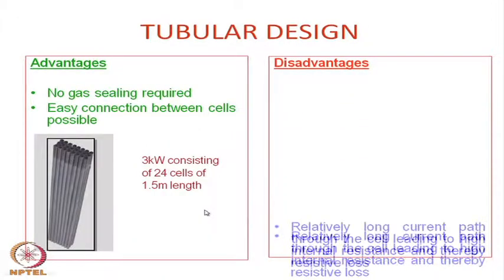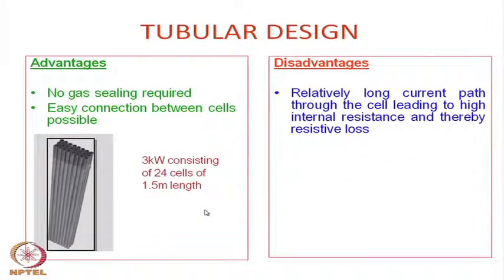There are quite a few disadvantages, of course. Disadvantages are like this: relatively long current path, because the connection is only on the one end. So, any current generated or oxygen being transported here, at the end the electron has to come all the way to this. So, the current path is too long, a little higher resistance path, and therefore, the cell has high internal resistance